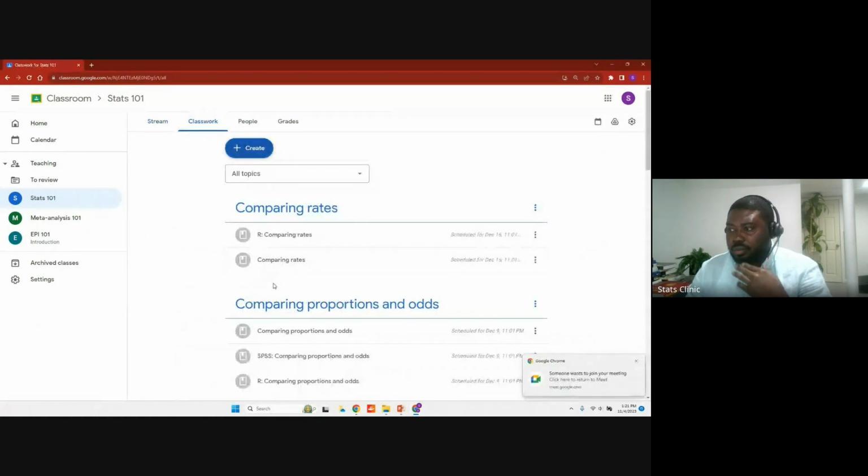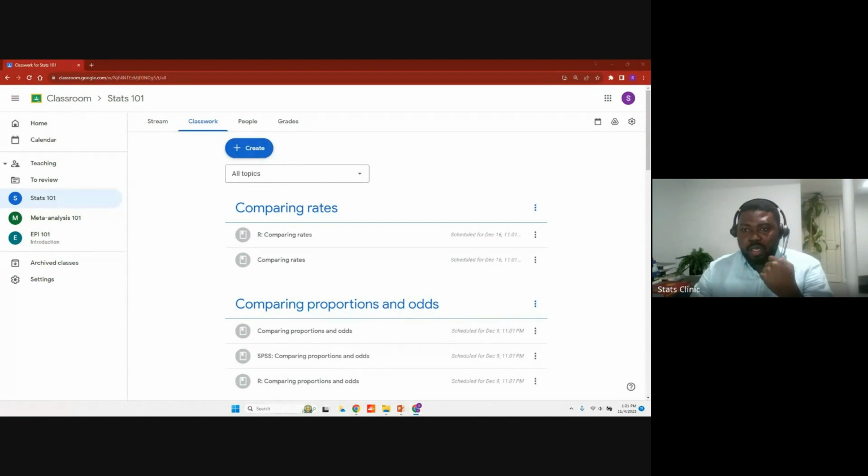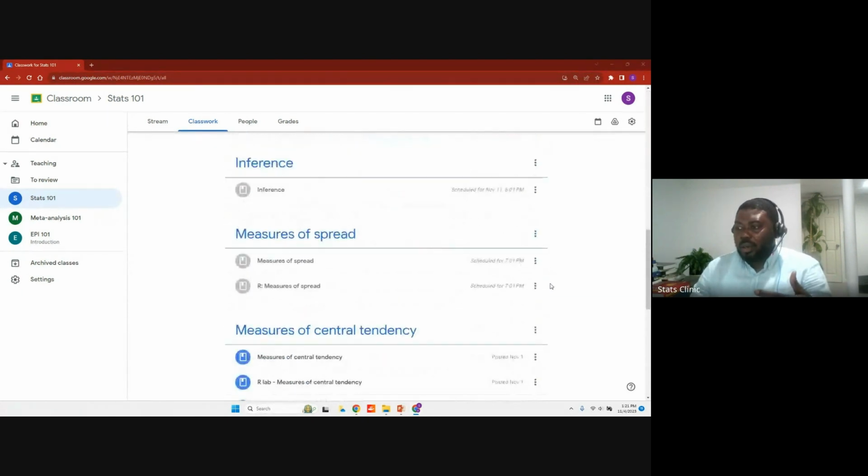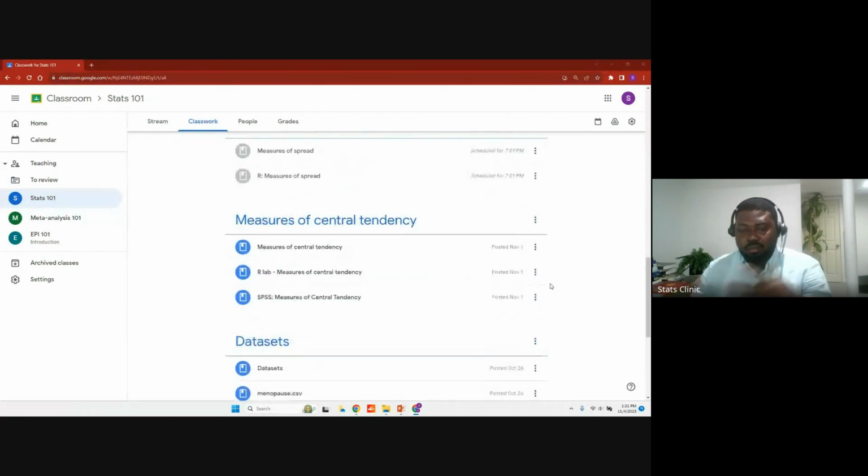The way that Google Classroom is going to work is that every Sunday we will release the material that you should look at that week. You can see that we've already loaded it, but we're not going to release it yet. That way you can basically take it in piecemeal.